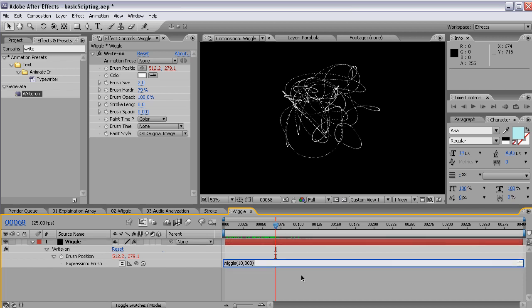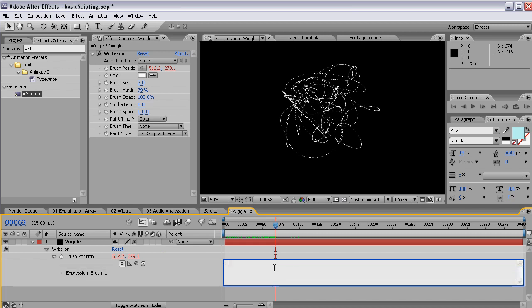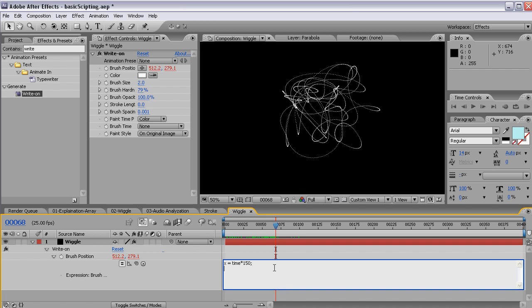We want to wiggle the X and the Y values separately. And to do that, we have to split the array again. I'll call my first array position X and make it equal time, this time times 150, because 100 is not very fast. And I'll call the Y position again value,